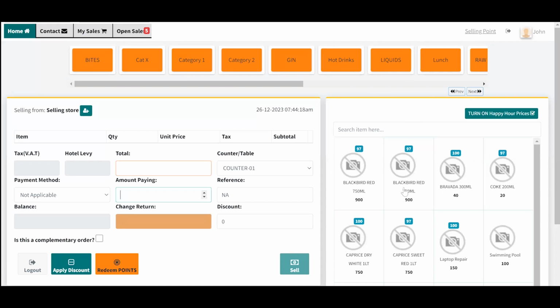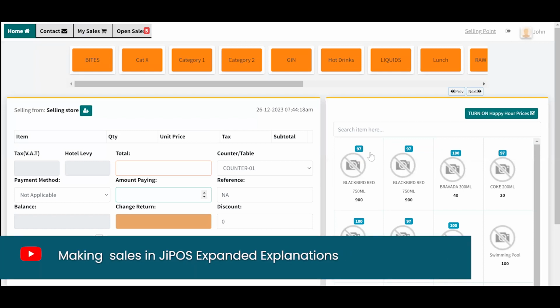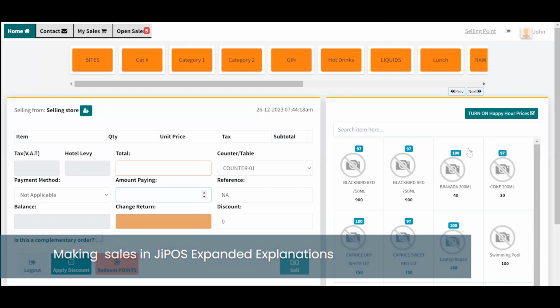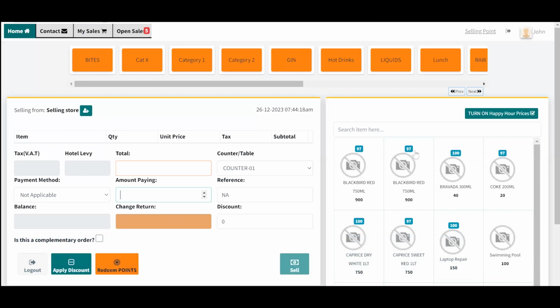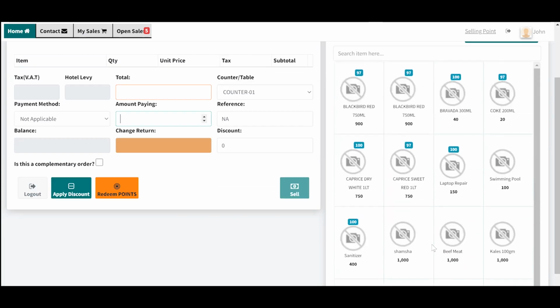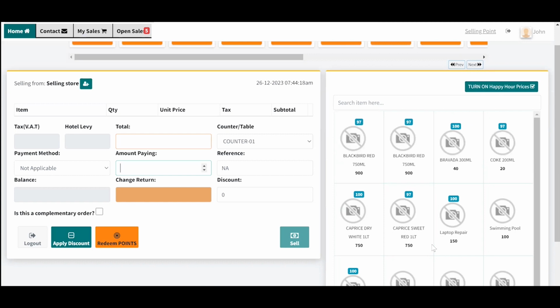In this section, these are the products that we'll be selling, and you will realize that there are these particular numbers on most of these products. These are the inventory balances. You can see this one has got 97, this is 97, this is 100, this one 97, 100. These are just inventory balances, because this section must be linked with the inventory, in that when we